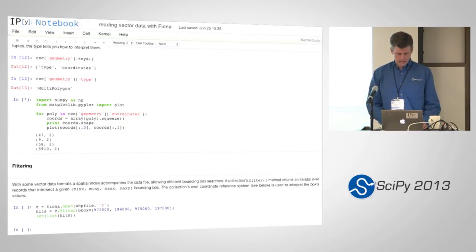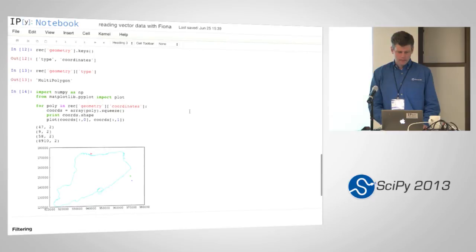record here. And here I printed out the shape. So here we've got a 47 by 2. These are all lists of tuples. So we're converting it to an array here. So they're n by 2 arrays. So we have 47 points making up this small polygon, 9 points, 58 points, and then the 8,910 points is obviously the mainland of Staten Island here, this outline, which is